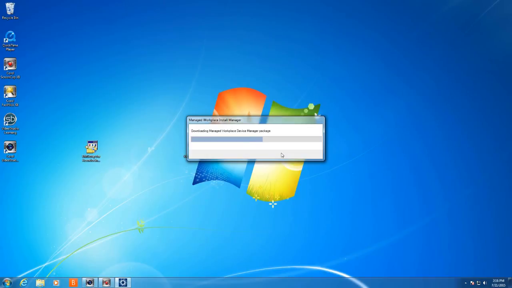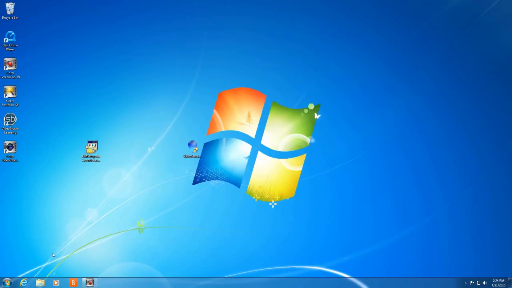So depending on which version of Windows, what type of operating system you're installing, whether it's a server or a workstation, this part of the installation can take a few minutes. Once the installation has completed,